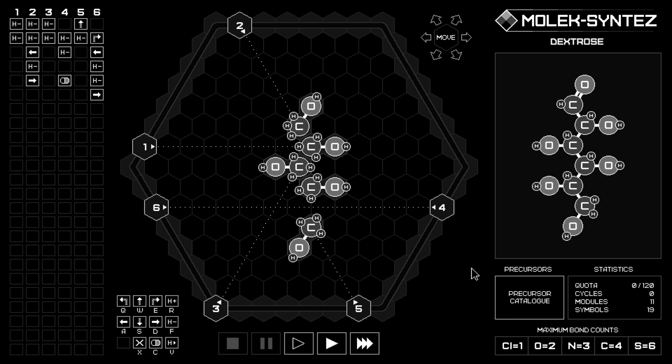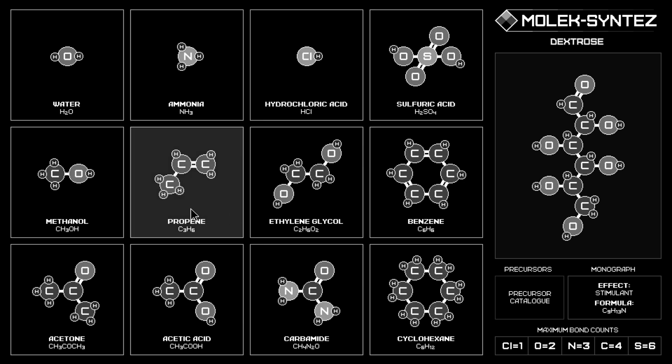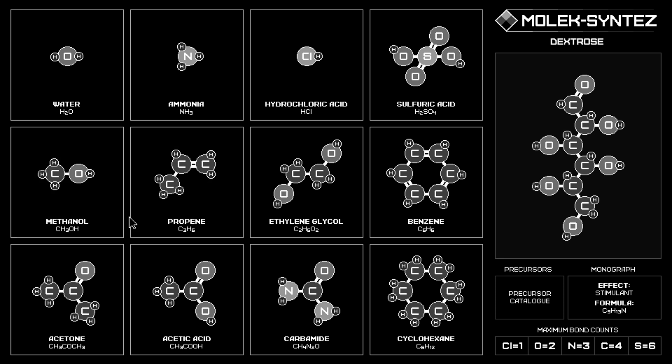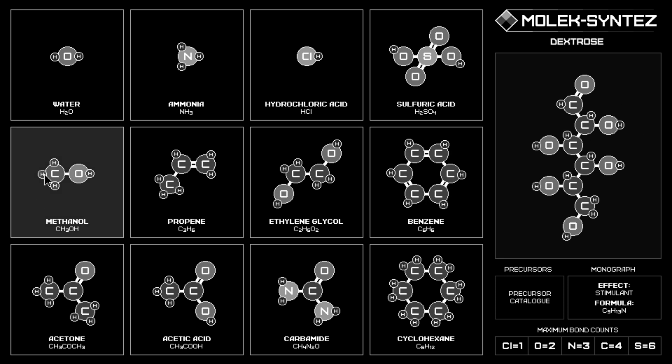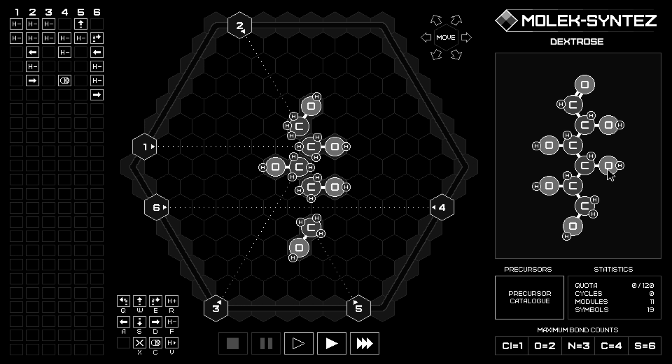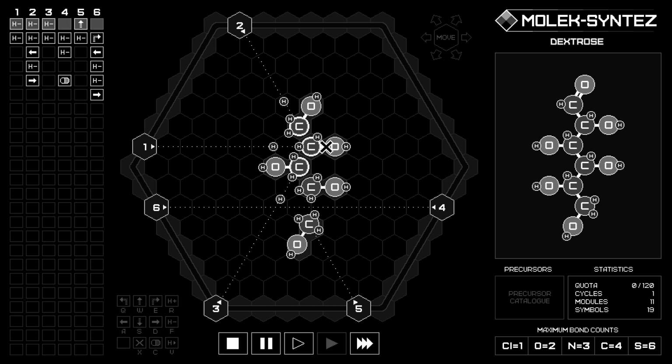So as you can see over here, I have on the build platform the necessary precursors to actually create the molecule. And really, all it took was some methanol to get things started right away. So I really only needed 4 of these methanols. And as you can see here, as I start the reaction on the open synthesizer, it inputs it correctly,